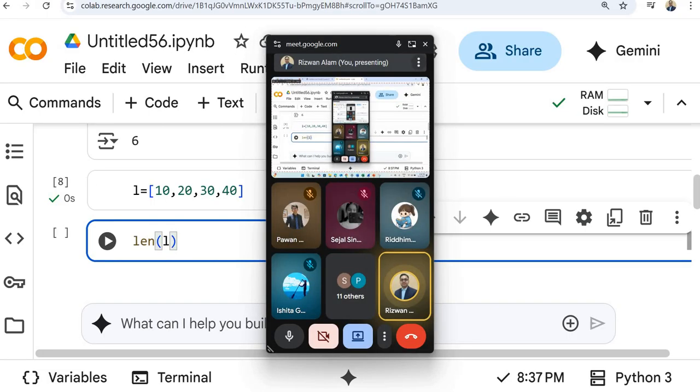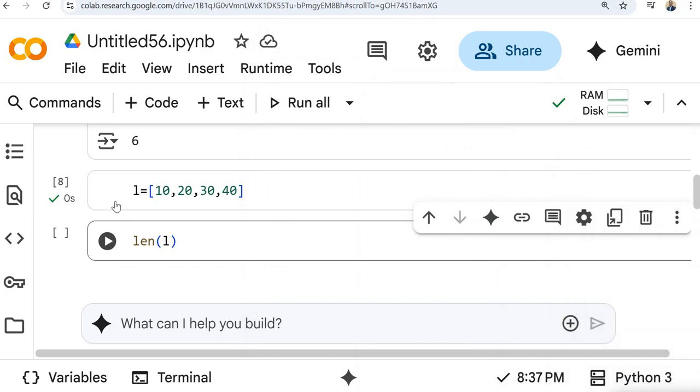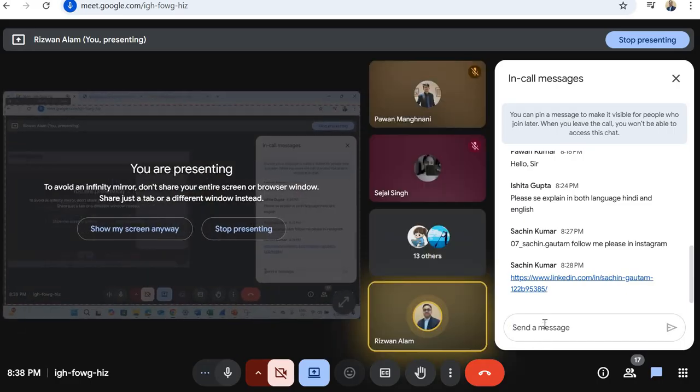So this is a list that we have created. How many elements are there in this list? Total 1, 2, 3, 4. So if you are going to use this len function, which is a built-in function in Python, then len of L, of course the output will be...